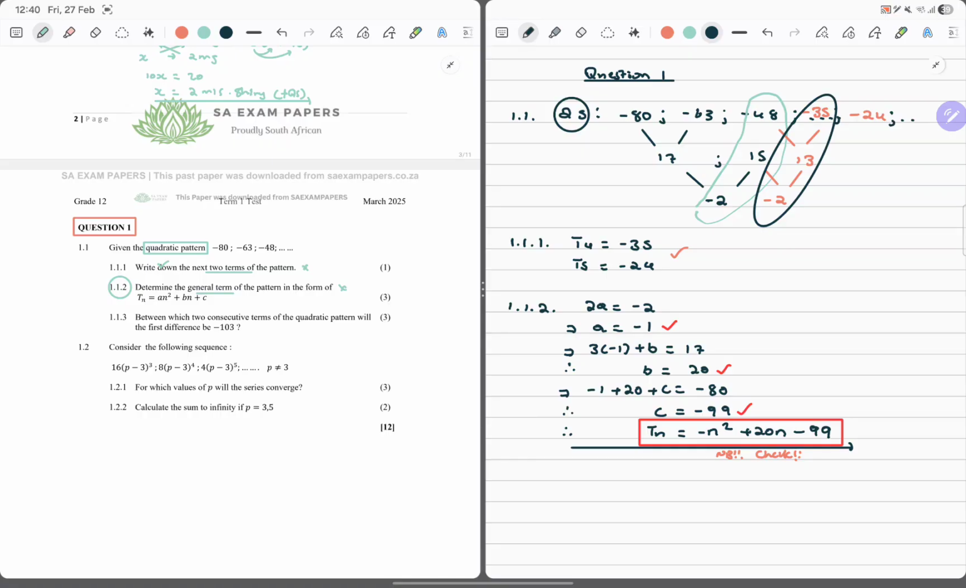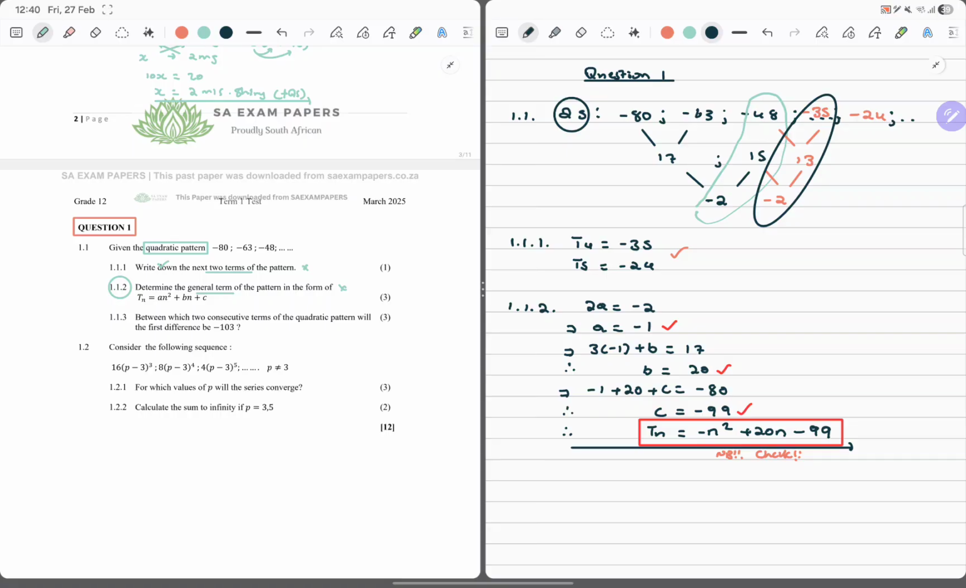Let's say term 2, for example. So minus 1 into 2 squared plus 20 into 2 minus 99 gives us minus 63. So that's good. Let's jump and say, what about T5? When I say non-contiguous, I don't want terms that follow each other, because this can lead to some errors